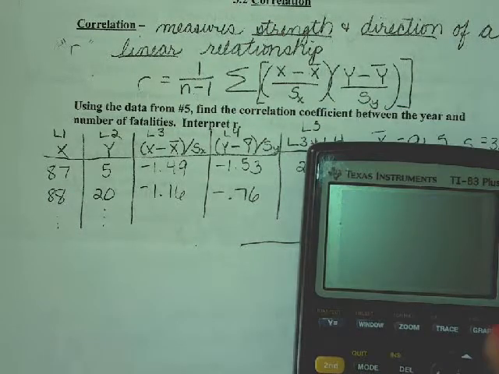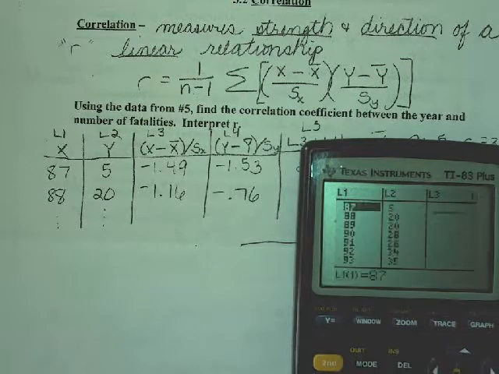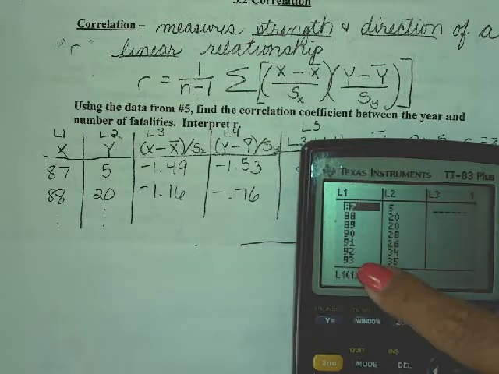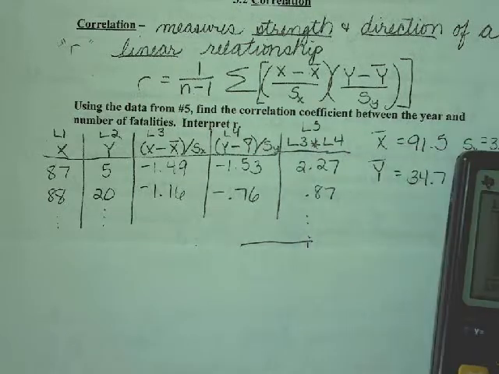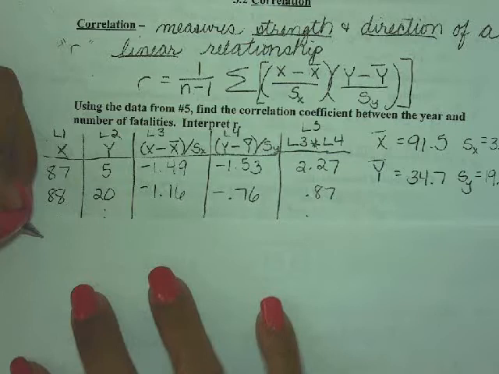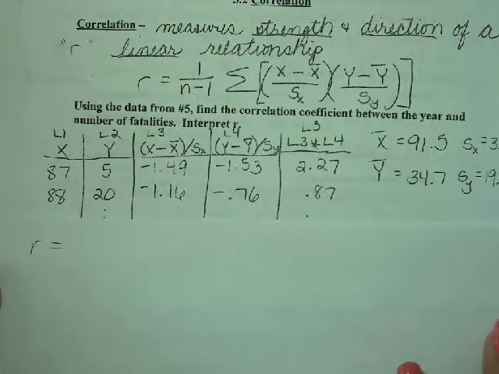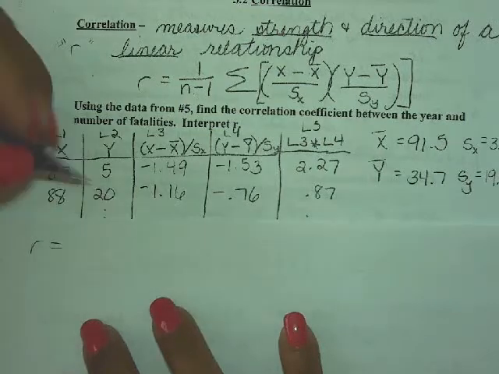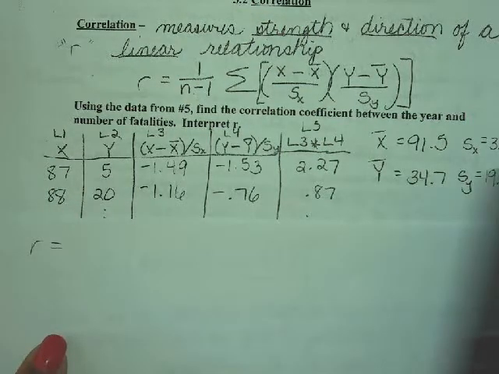Now, the next thing I want to do is basically take each one of my data points. So this is how we'll calculate our R, and then we'll look at how we put this into a calculator to help us do this a little more efficiently. After I entered all the data in the calculator, I want to find what the mean of the x's is and the standard deviation. So I have all of the data in list 1 for my x's, and I have the fatalities in list 2. So one thing I can do is hit Stat,